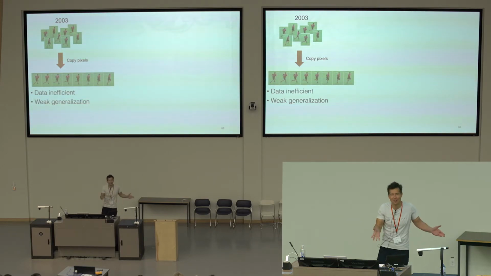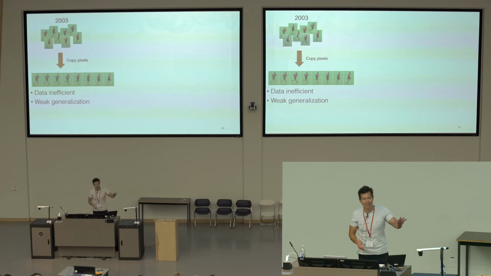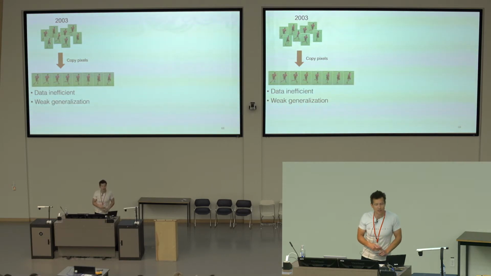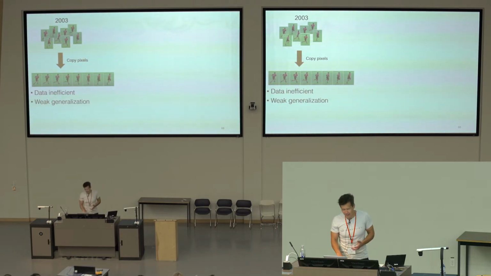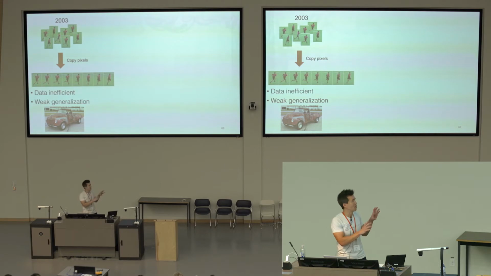There's no way, I can't do that. There's no way there's going to be a video of me doing that. That's not possible. So it really had very poor generalization abilities, very inefficient with the data. If I had to characterize things, it's a very clunky old automobile type of thing. It's like, yeah, we got pixels, we'll just replace it. It's a very inefficient type of thing.